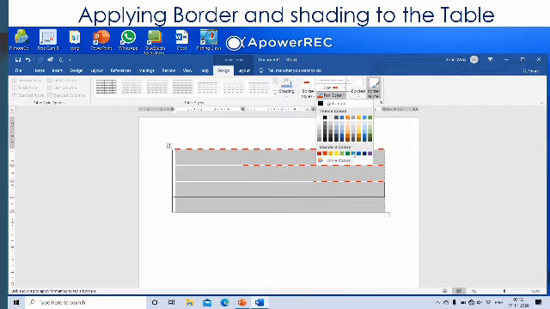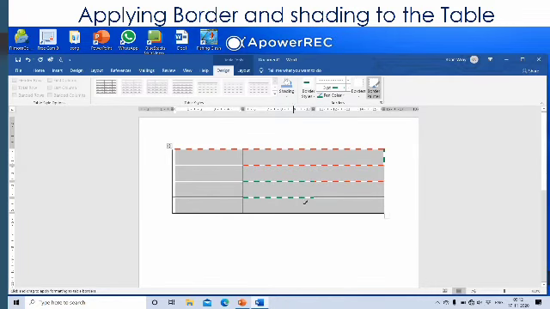Whatever color you want to choose, you can choose from here. And then you can click with the pen on the lines and the lines will change to that color. So this is how you apply borders to the table.